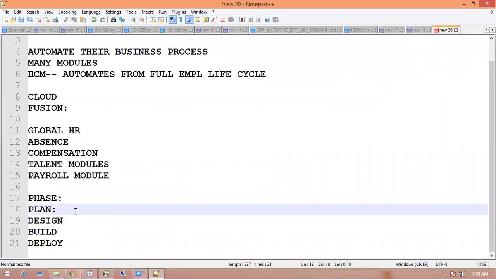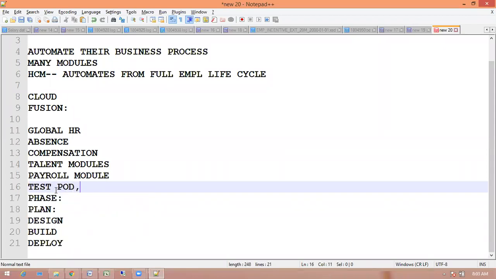In the plan phase, the discovery phase, first of all you need to plan the project. You need to go to the client and take the requirements. When the client buys the product, he will have two pods by default: a test pod and a prod pod.